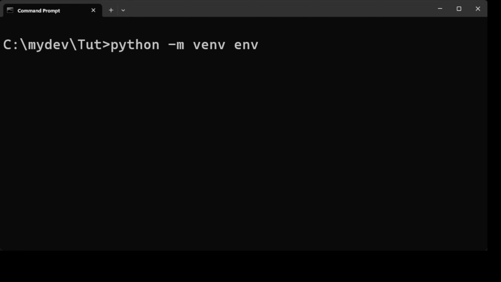Let's roll. First, let's avoid dependency hell. Crack open your terminal or command prompt and run this. This creates a virtual environment named env. To activate it on Windows, we'll run the following code: